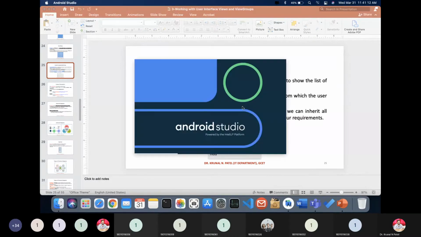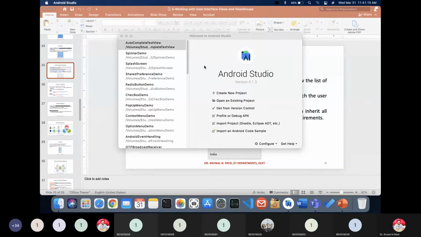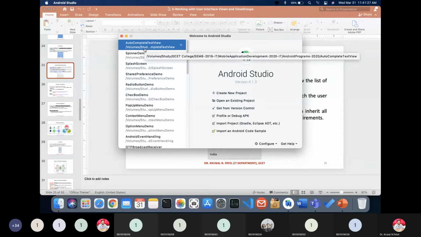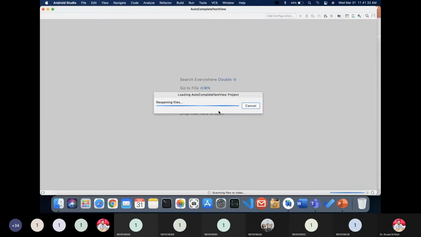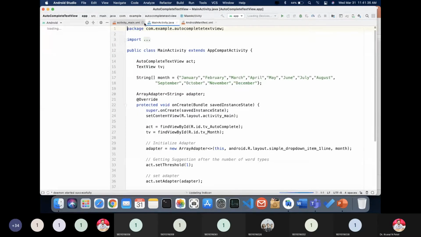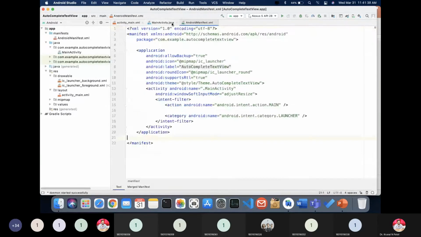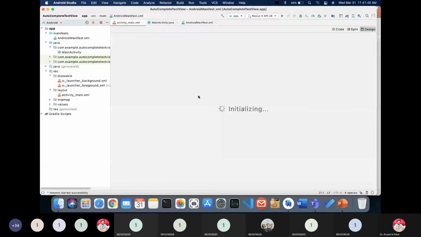It is very simple, right? You just need to have knowledge of adapter classes and some basic generic classes, collections, of Java concepts. So let's first of all start with the autocomplete text view demo. Okay, it is very easy, guys. So first of all,